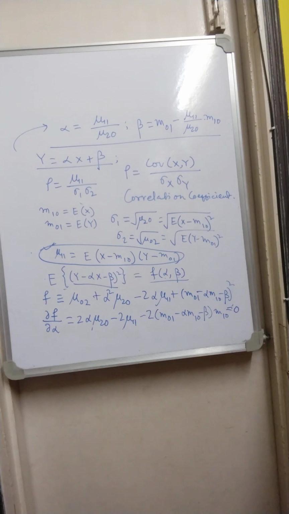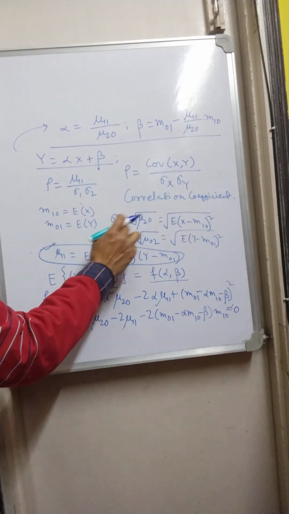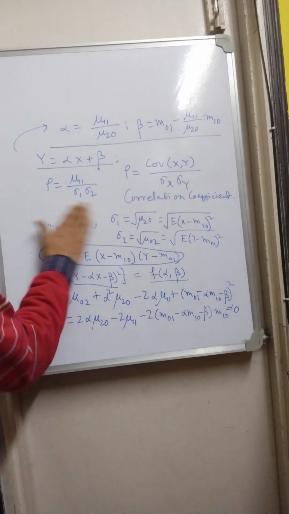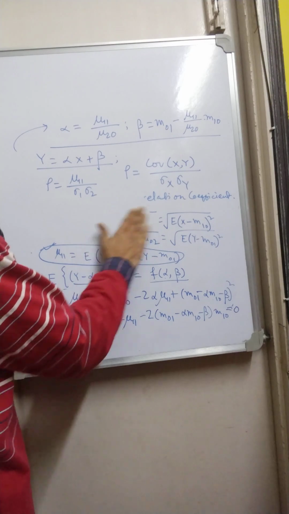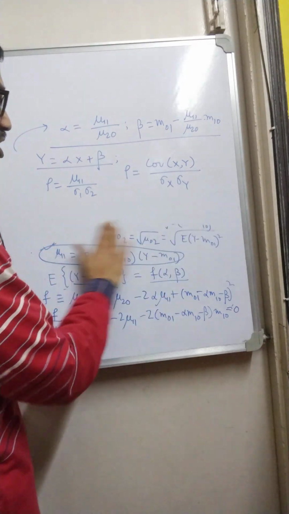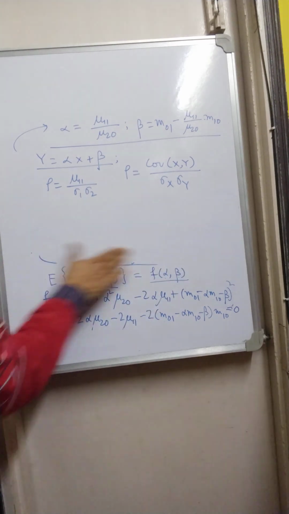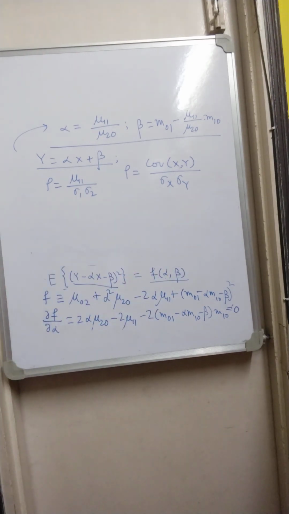And replacing mu 20 by sigma 1 square, we may easily write the regression line of y on x, using this concept of correlation coefficient and sigma 1 and sigma 2,